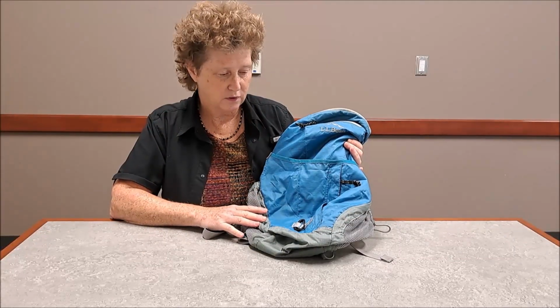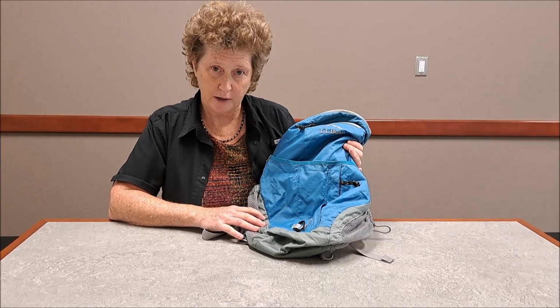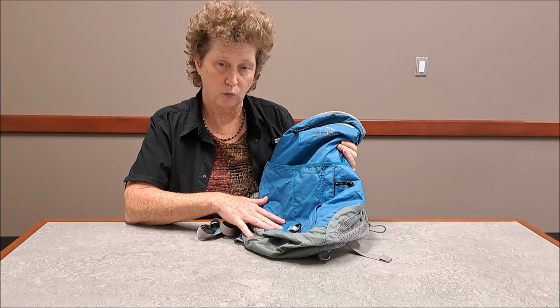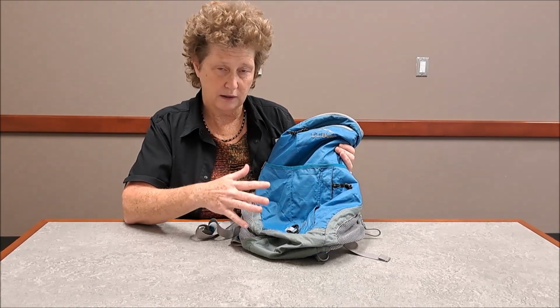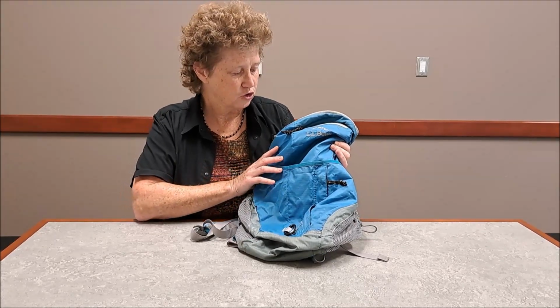This will be my everyday carry bag, as I've said, and it will also be my personal item on airplanes. So I had to keep both of those things in mind when selecting a bag because I'm going to be living on the road. So with a 135-liter backpack, I've got to make my decisions very wisely. So this one,